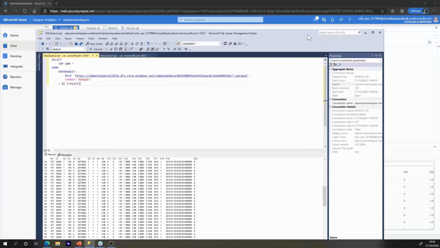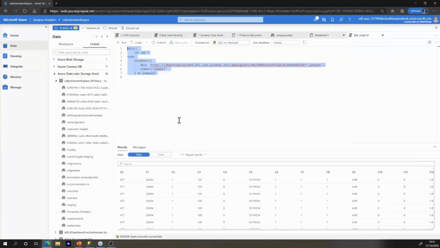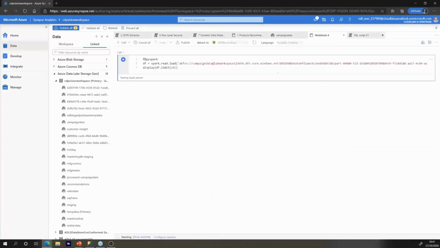So again, as I said before, if you want to work in the studio, the studio provides you an integrated IDE in your web browser, and you can work through that. Or you can choose whatever IDE you want to work with, if that's Management Studio, if it's Data Explorer, whatever it may be. Cool. So if we go back to our Spark cluster, still running,